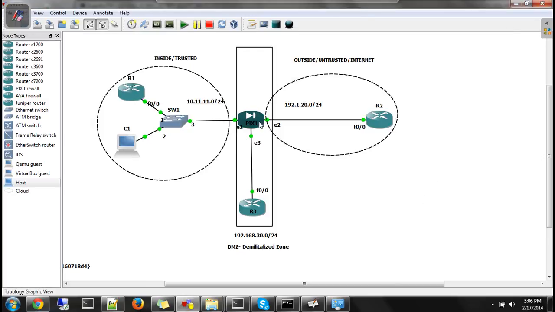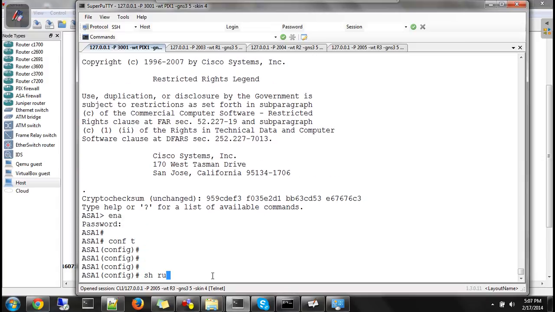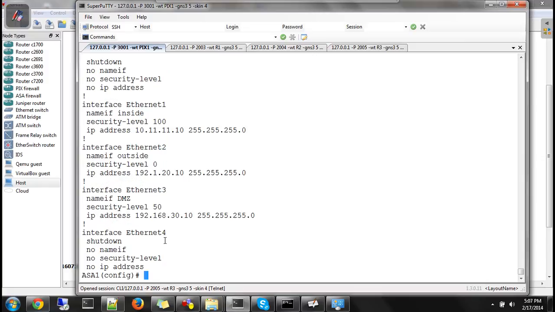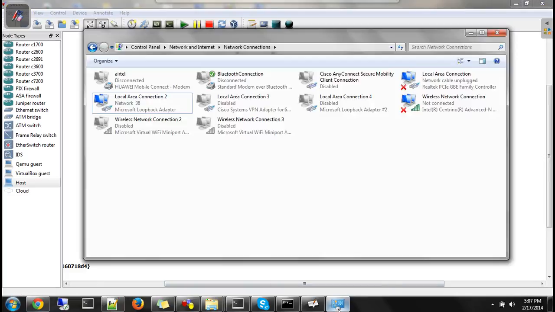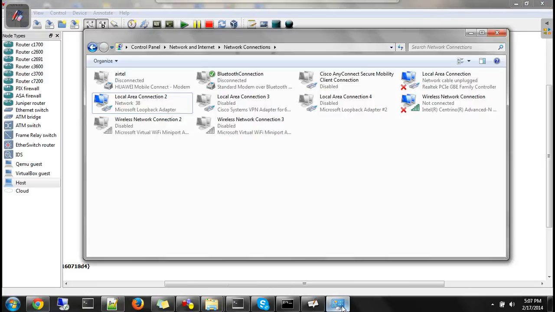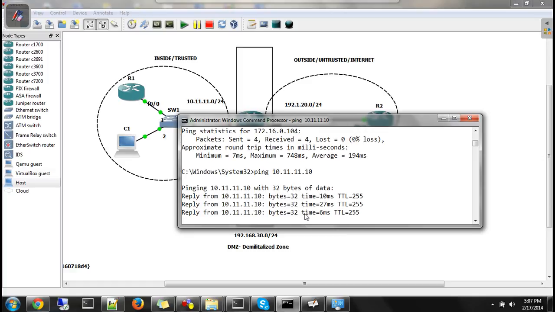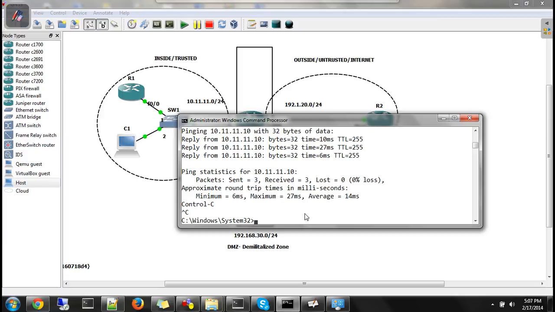If it is OK, then I'll show you what you will get. Enable. Yes, this is up. Okay, got it. Once this is done, your step should be from your PC ping firewall. Firewall is 10.11.11.10. See whether you can ping him. Yes, you can. Okay. Next thing, go to firewall and ping the PC.